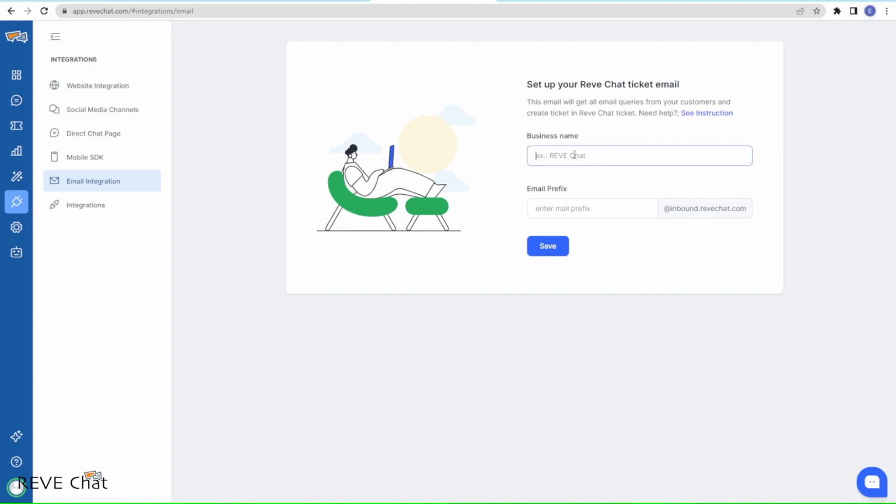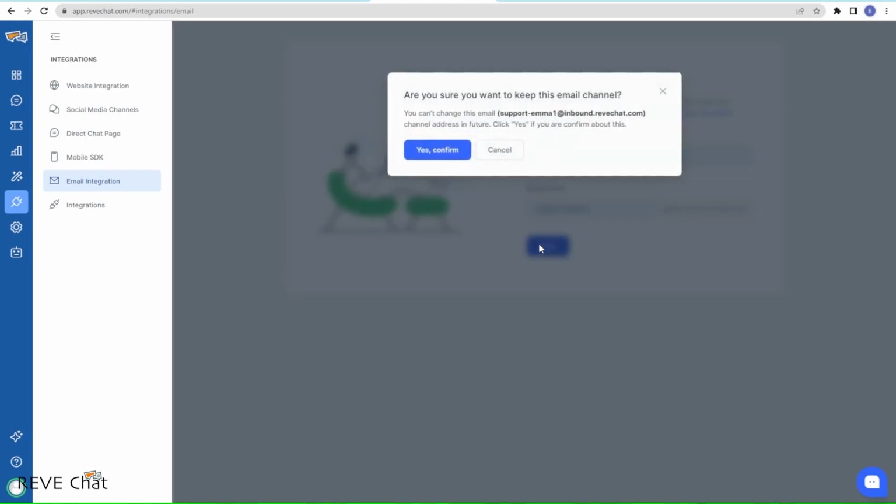Once you land on this page, you need to add the business name and the email prefix. The business name is the name your customers will see in their email when you send them replies or a message. Therefore, this is the name for your business. The email prefix is the email name your customer will see as the reply comes from, and their reply will also be received in this email and be visible in your ticketing email. If I move forward, it will give me a warning message that I won't be able